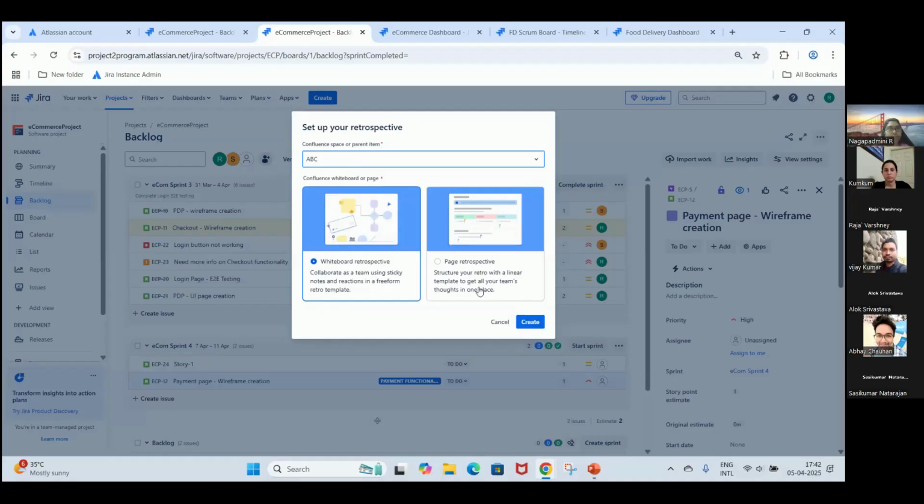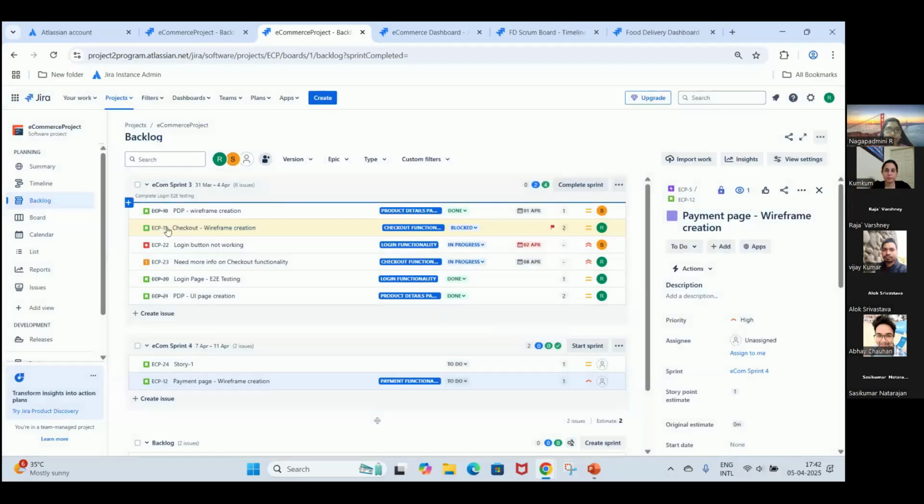Now Confluence has integration with other designing tools. So you have a whiteboard which gives you very similar features like Figma, Mural, and other stuff. So you can use that for retro, or you can use a simple page. So right now I'm not going into Confluence. I'm just saying cancel, and now you see